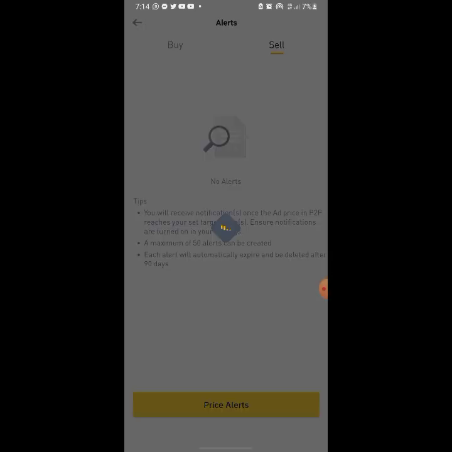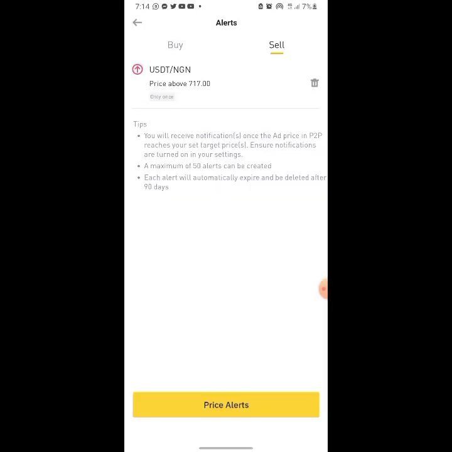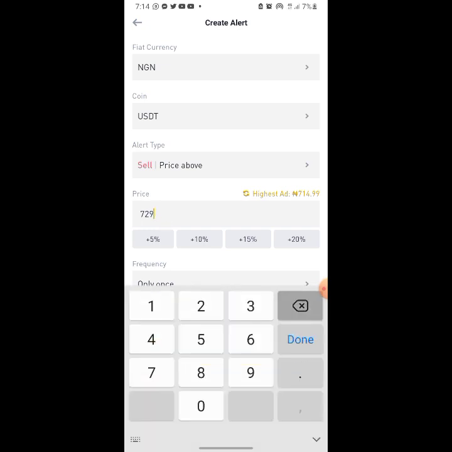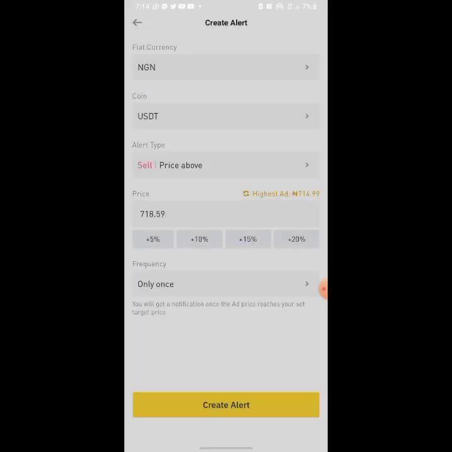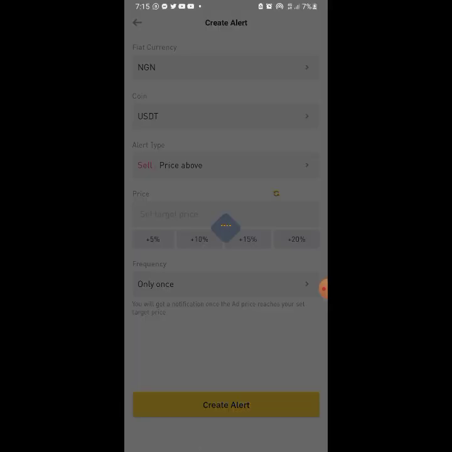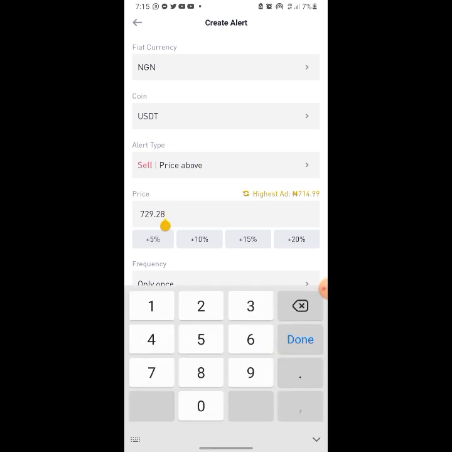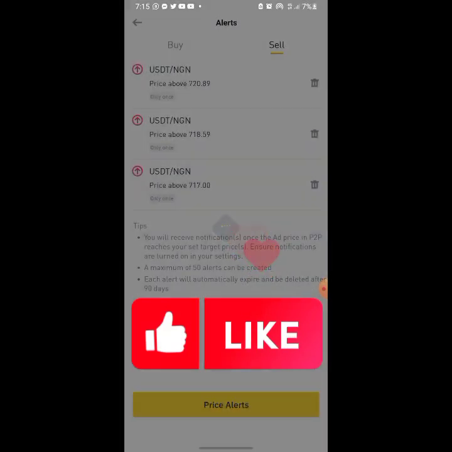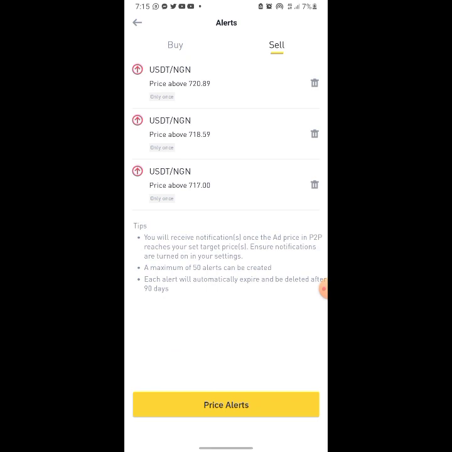You can do it again and click the same thing again, price alert, and tell the system again, like when it reaches 718, okay, let me know. All right, you can do up to 20. Once it reaches 720, let me know. So when you set it like this, when it gets to 717, the system will let you know,